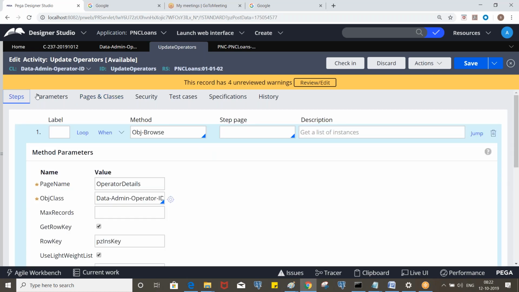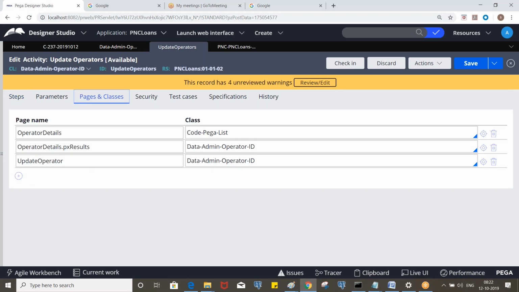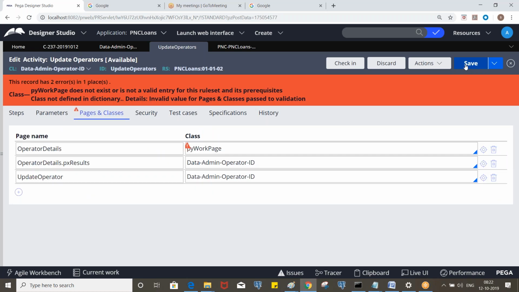Satya, if we refer operator details to this work class, what will happen? Will it throw an error? So in the py work page, we should not define like this. Inside the py work page, we don't have px results, right? You mean like the work class here?